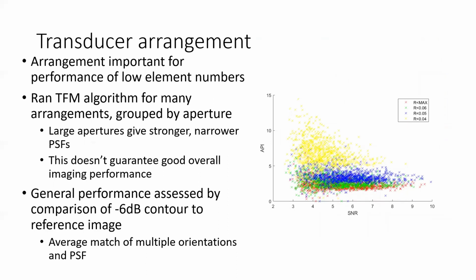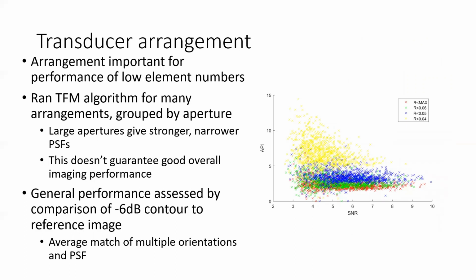So moving on to testing the performance of lower numbers of elements in the array. When selecting, say, 25 elements out of the possible 100, it matters which 25 you pick. The different arrangements will perform differently, and some will be much better than others. So it's important to identify the ones that perform best. And we did this through